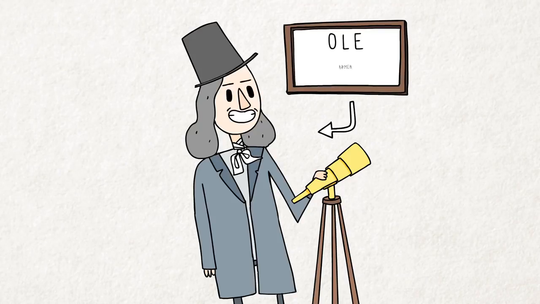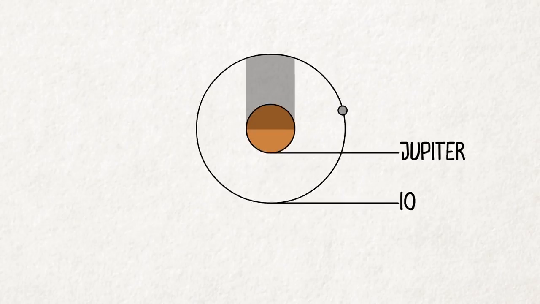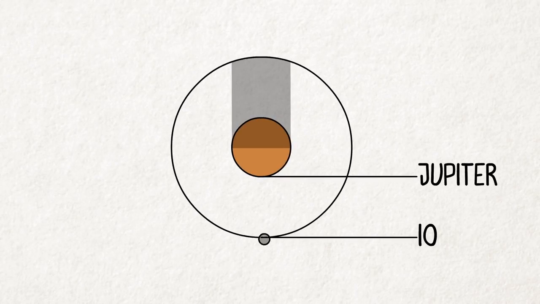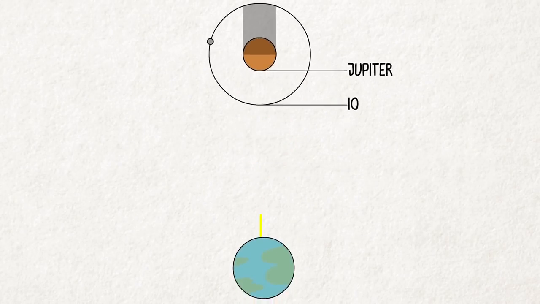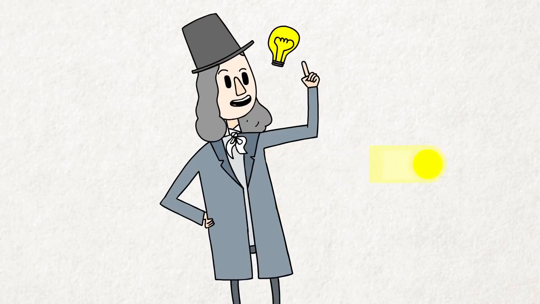famous astronomer Ole Romer. Romer is known for observing the eclipses of Jupiter's moons, and realizing that variations in the timing of those eclipses was caused by the time it took light to reach Earth. In other words, he found a way to accurately measure the finite speed of light.